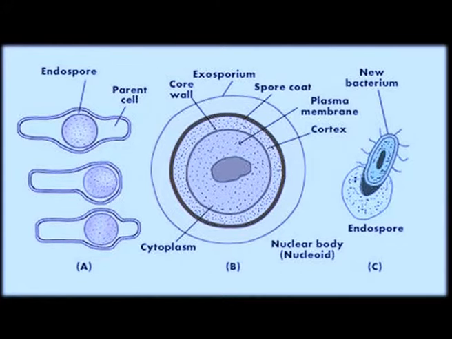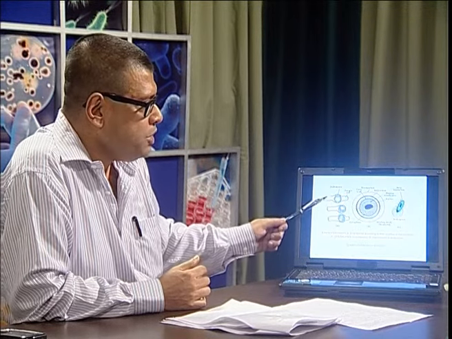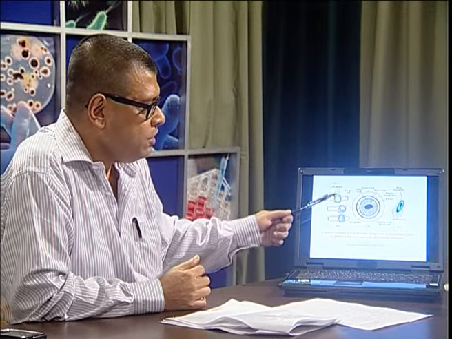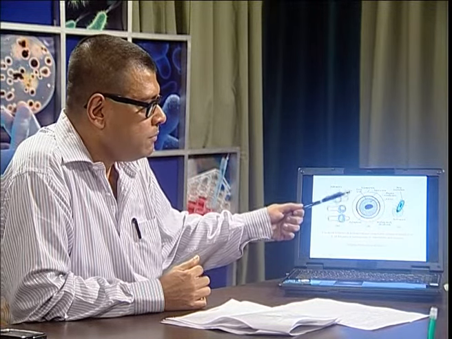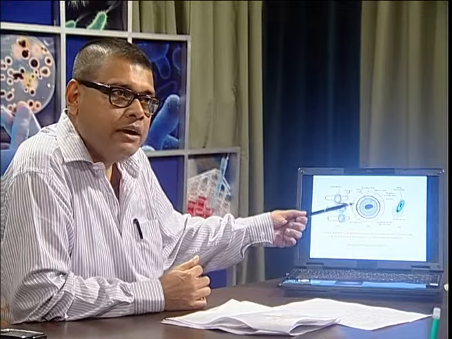Another way of reproduction is the endospore formation. Endospore is a structure which is normally exhibited when the environment is a little bit difficult, when the nourishment is less or when the water is less. And this endospore formation normally involves formation of a three-layered structure, and this three-layered structure will have the protoplasm shrunk within. And after the endospore is formed, normally bulk of the cell is lost.